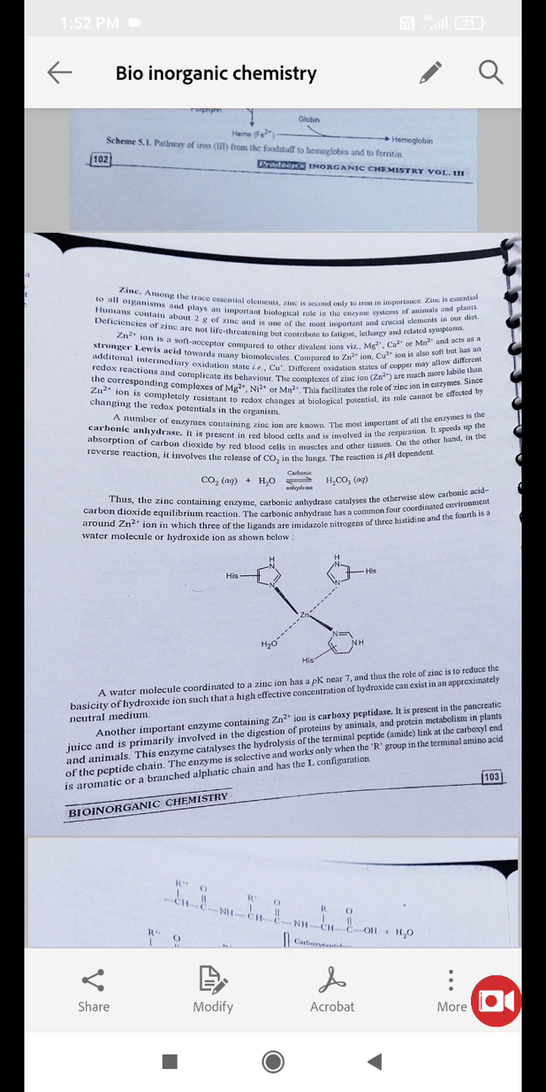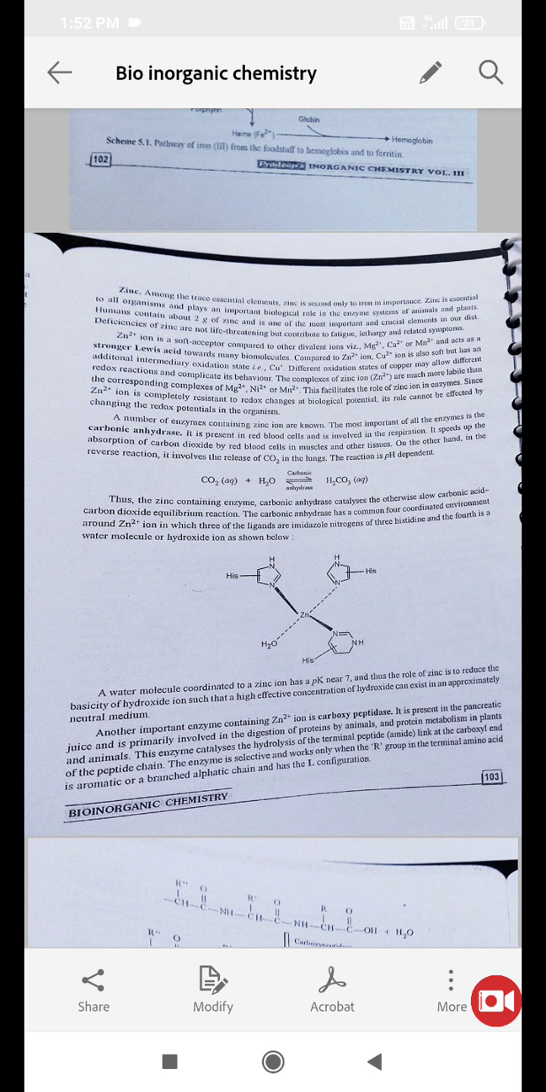A number of enzymes containing zinc ion are known. The most important of all these enzymes is carbonic anhydrase. It is present in the red blood cell and is involved in respiration. It speeds up the absorption of carbon dioxide by red blood cells in muscles and other tissues. In the reverse reaction, it involves the release of CO2 in the lungs, and the reaction is pH